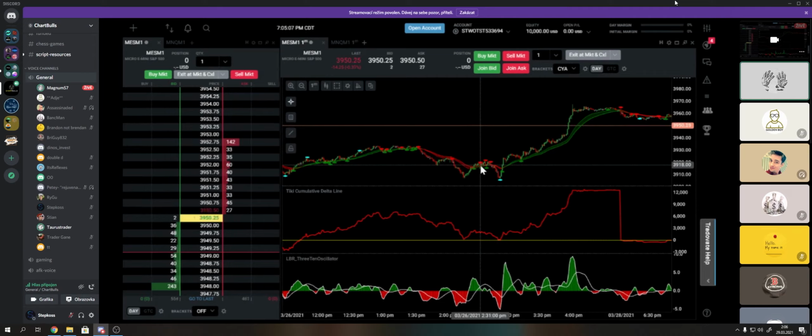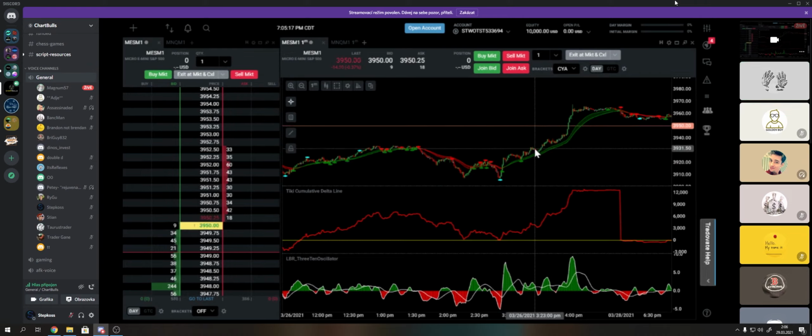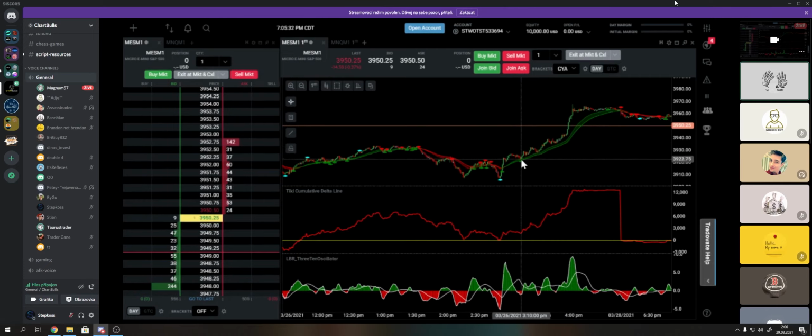What is this? $12. She would have made $25 right here. So she would have lost one trade, made double on this trade, and still been money ahead, right? 12.50. You know what I'm saying? So that kind of risk reward. She could have stayed in it and held a lot longer, but that's really not what she needs to be doing at the moment. She just needs to worry about executing trades, making sure she's getting in, getting out,